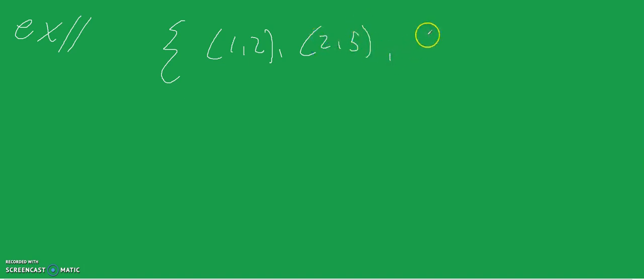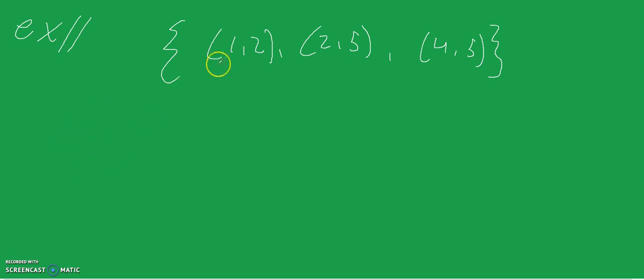So for this first example, I'm just going to create a relation that is a function, and I'll explain why it is a function. So let's say my relation is the set of (1, 2), (2, 5), and let's do (4, 5). So this is my relation, and now my rule, or my definition of a function, says that every input is